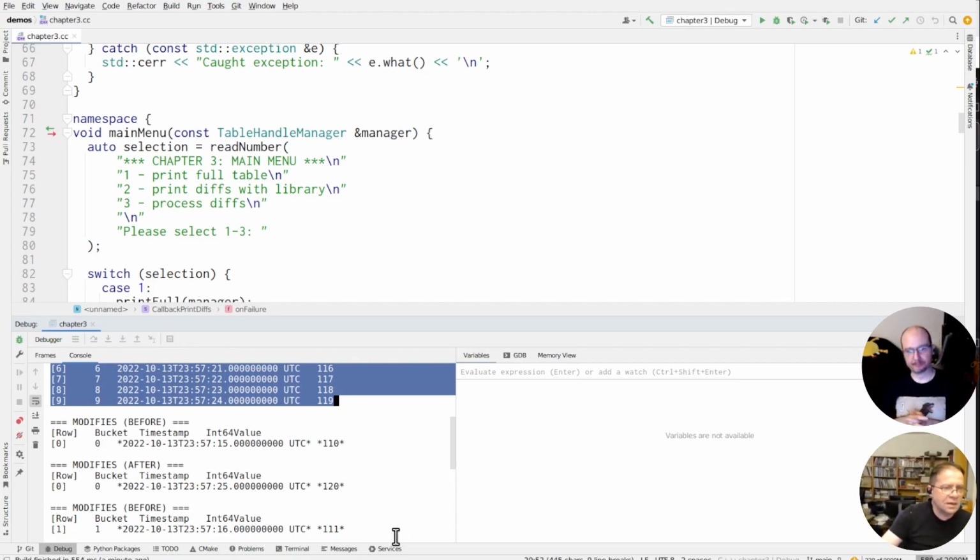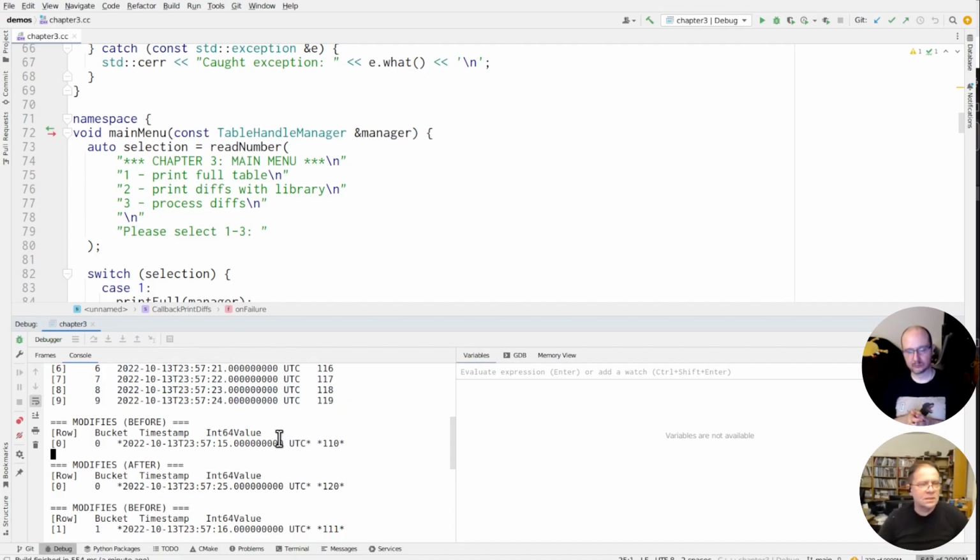So you can see here, the way the library is rendering this, when it sees a modified row, it prints the value of the cells before the modify and the value of the cells after the modify. This is for verbose debugging convenience. So you can see here, we got a modify of physical row 0. And the way the library does it is it renders these values with little stars around them. So you can say, well,